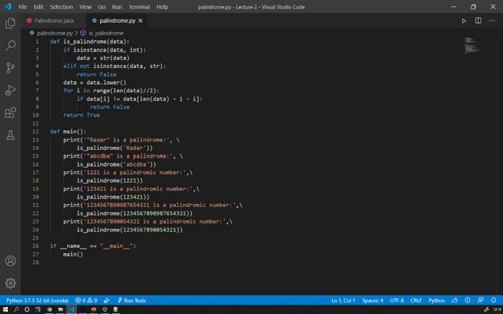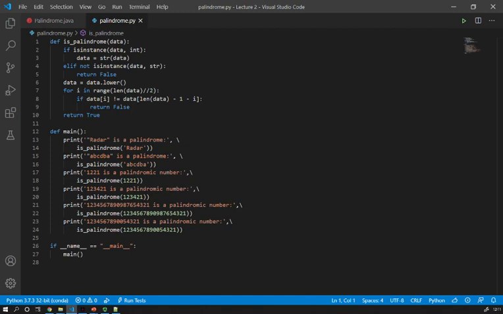So I need that if-elif, just to be able to test if it is of type int or of type string. When I've done so, I can convert that into lowercase. So we are sure that if we've got uppercase and lowercase mixed in the string, it's still going to return a palindrome if it's a palindrome. Then I'm going to use a for loop to go through all the elements and compare it with the penultimate element and so on. If I can find two characters which are not the same, then I will return false. Otherwise, at the end of the for loop, if I wasn't able to disprove that it was a palindrome, I will return true.